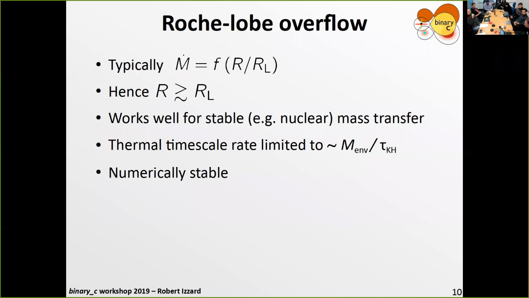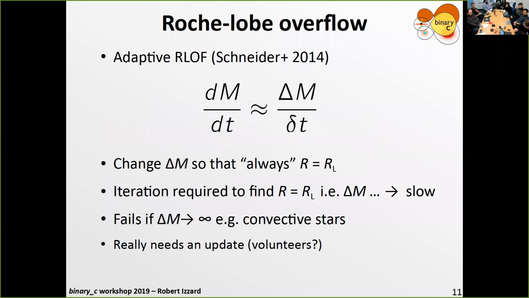So it's reasonably okay. It's numerically stable to do this kind of solver because you are setting the mass transfer rate as a function of your radius. That's actually the most stable way to do it. There's another way to do it,